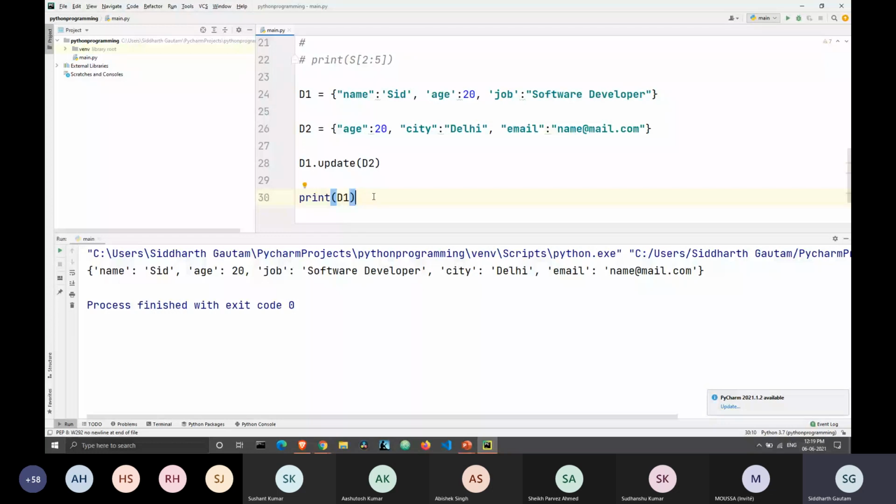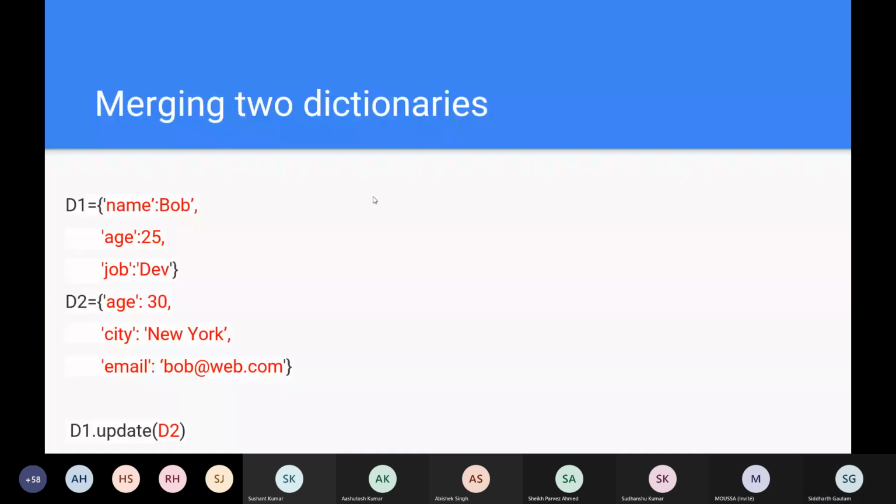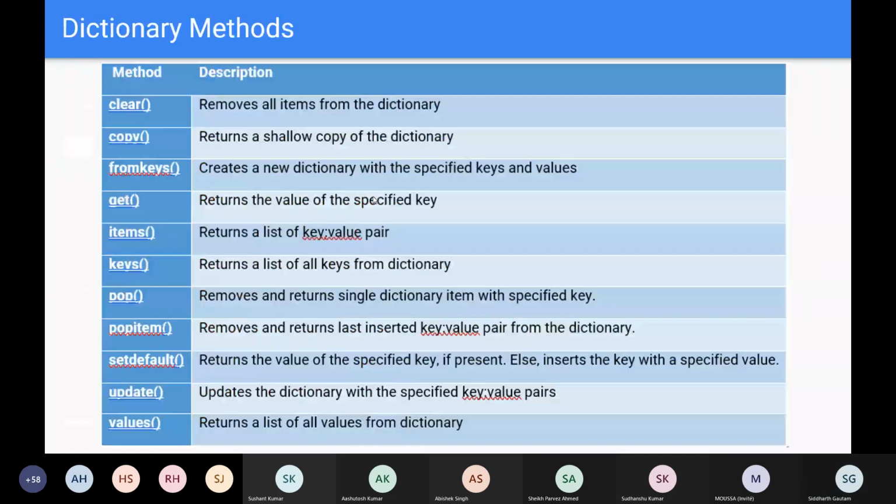Okay, so now let's go back to our presentation. Here we have some more methods, and these methods are different from those of set, list, and tuples. As you can see, there is no maximum, there's no minimum, and the functions are completely different. Except for some of them, like the pop function, which is still here, most of them are different for dictionary, because dictionary is a very unique kind of data type.